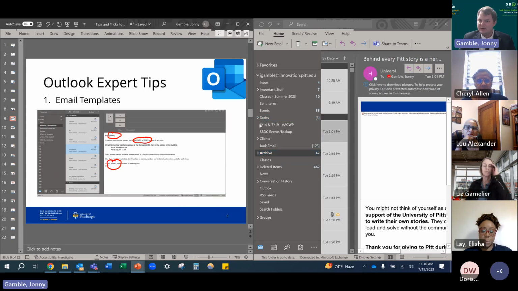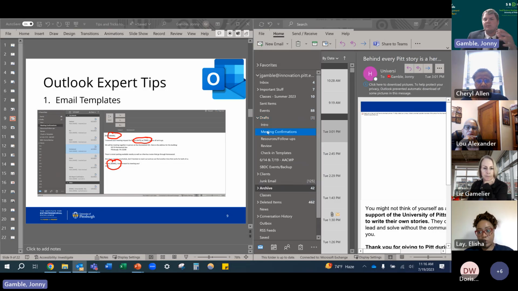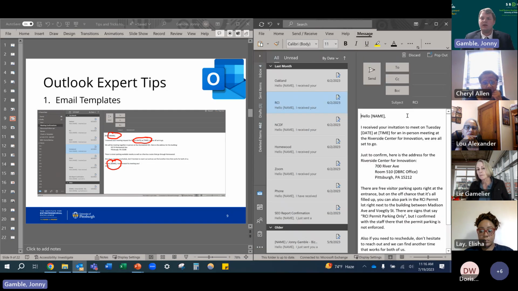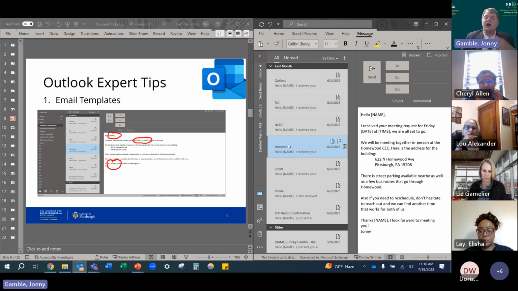So speaking of folders and those templates then, one thing that I really like to do is try to save myself some time in terms of sending emails over and over and over again. One thing that applies to my job specifically is I work at a different office every day. So at the Pitt SBDC, I work on the North Shore on Tuesdays. I work in Oakland on Wednesdays. I work on the north side, like Perrysville area, on Thursdays, and then I work in Homewood on Fridays.